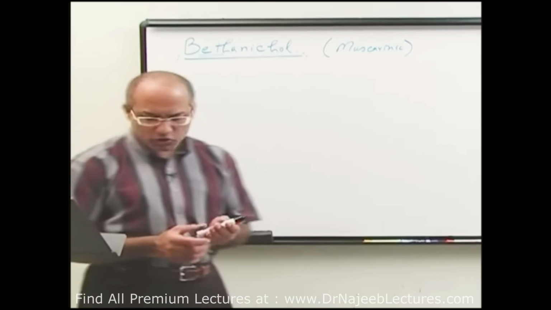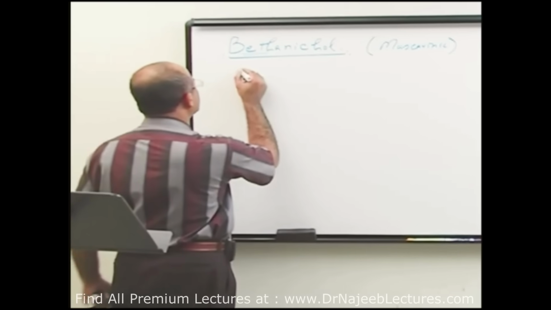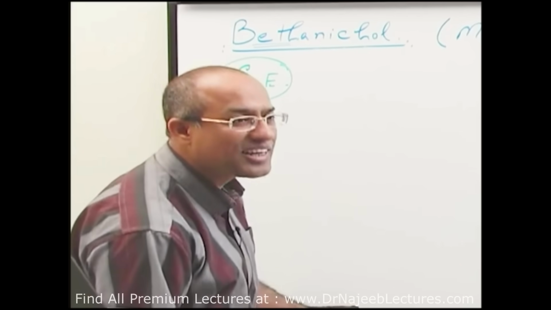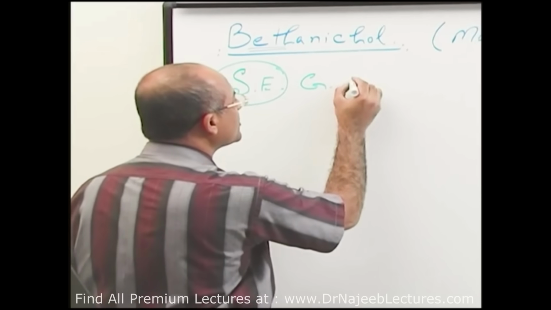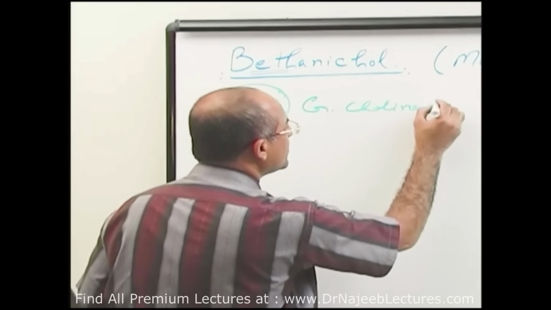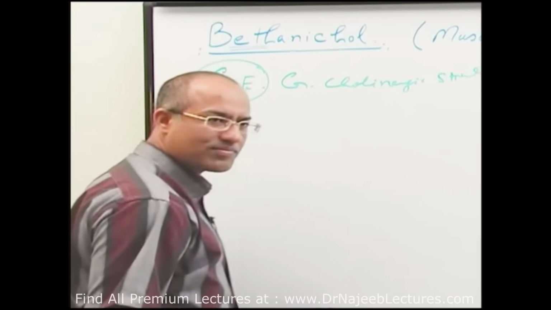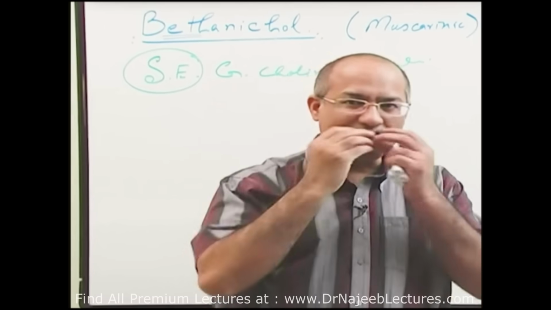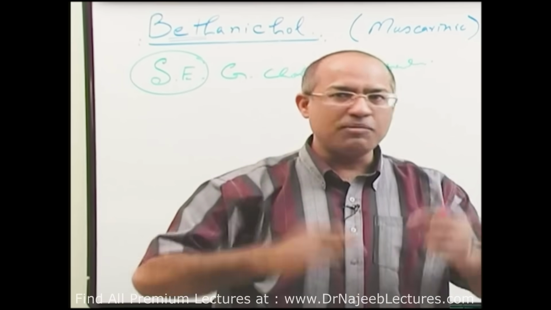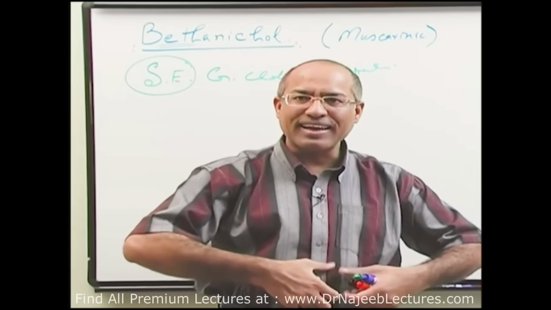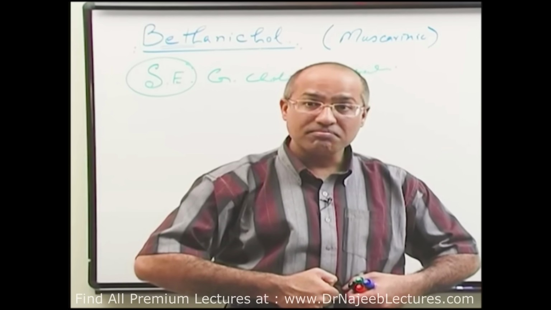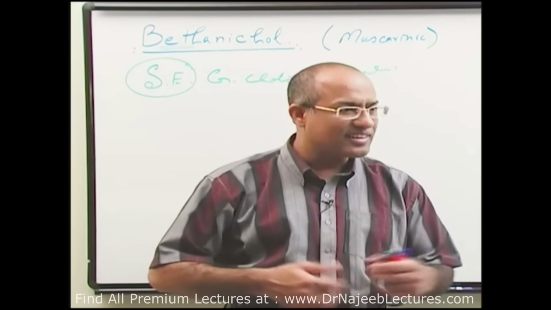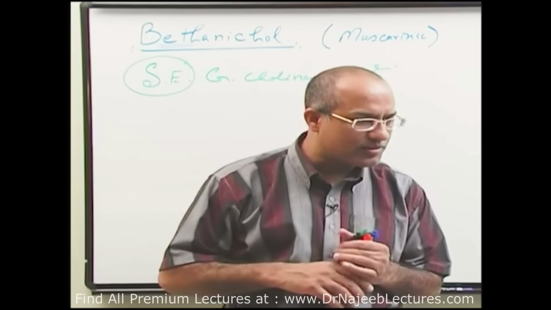Then I was talking about what could be the side effects. I think by this time you must be able to tell me. Side effects will be all the side effects which are produced by generalized cholinergic stimulation. So what will be this? It's so easy to understand. Sweating will be there, salivation will be there, lacrimation can be there, abdominal secretions and peristalsis and abdominal cramps may be there. Yes, urgency, or you can say rush to urinate, right? Then there may be flushing and hypotension. Flushing is what?